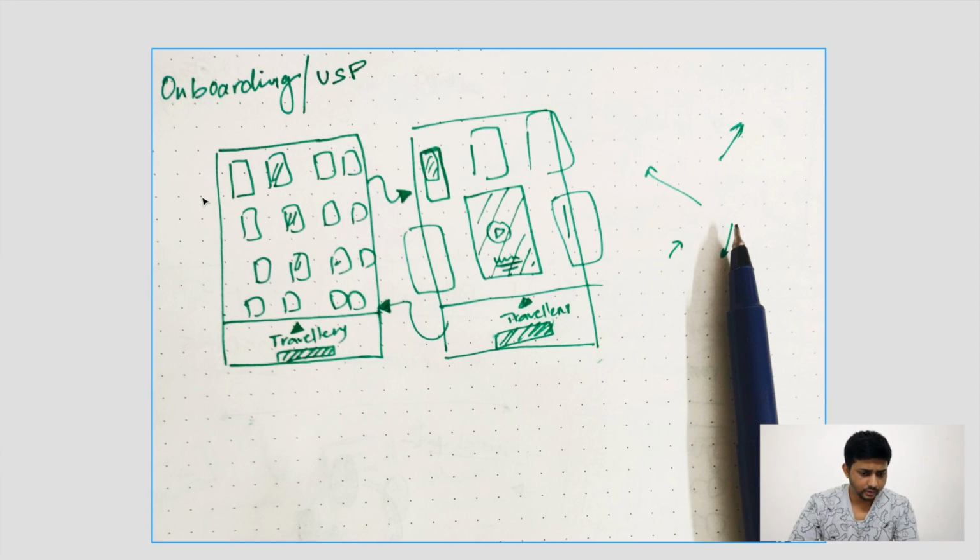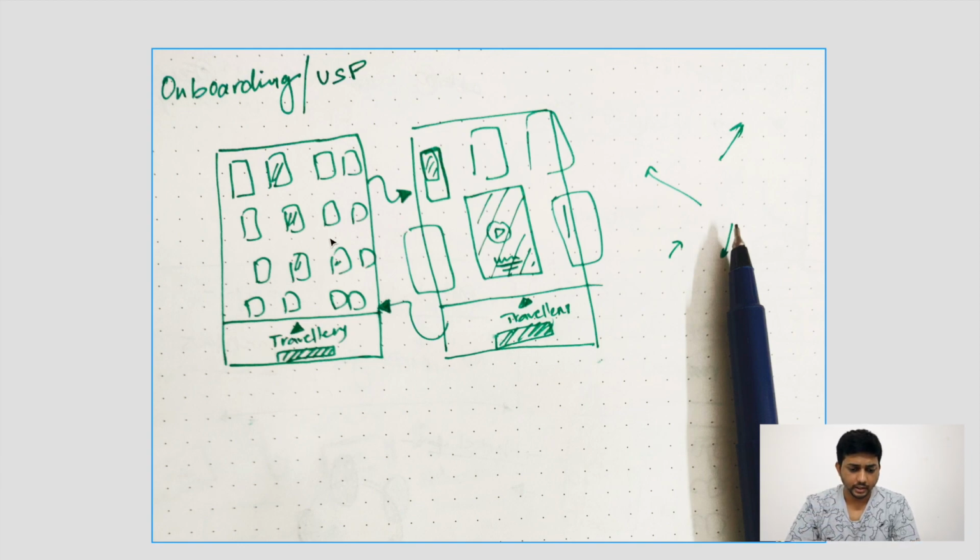So this is what I have thought of. The idea is that there will be an onboarding screen where you will see these tiles of different locations that this app has to offer. So we are building a travel app. It also has a slight sticky bottom which tells the name of the app, and then an option to get started, where you ask to log in, maybe sign up.